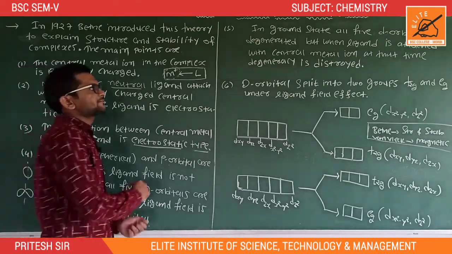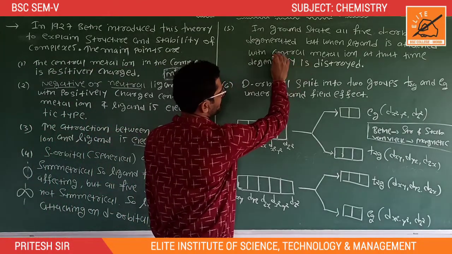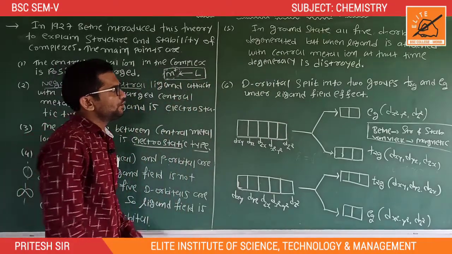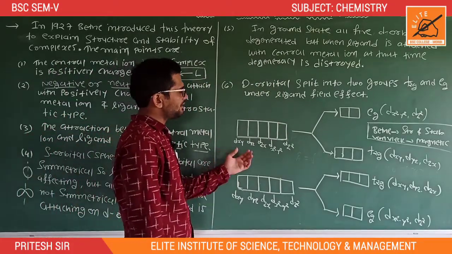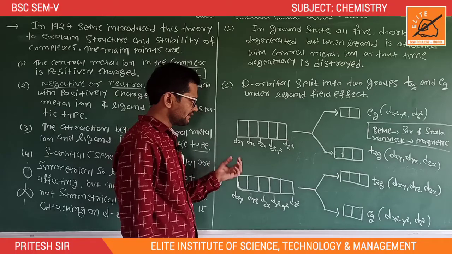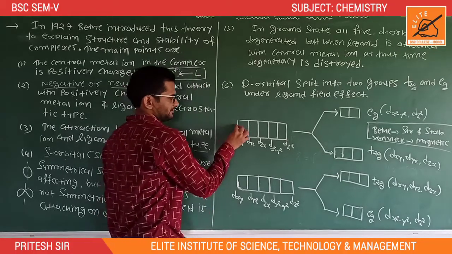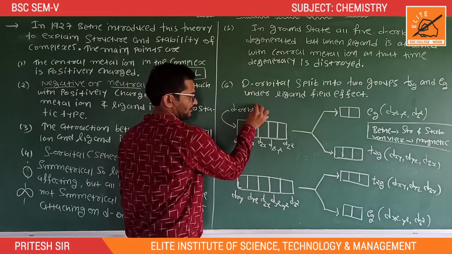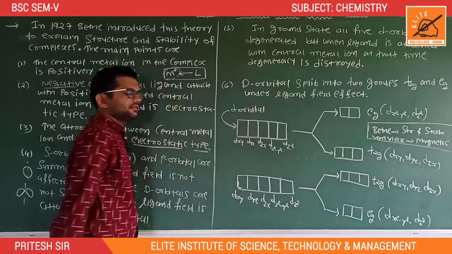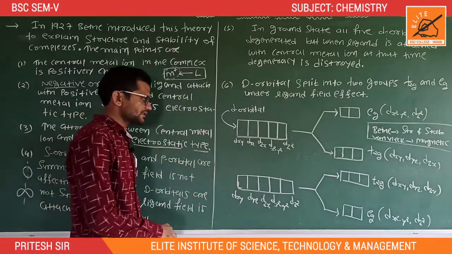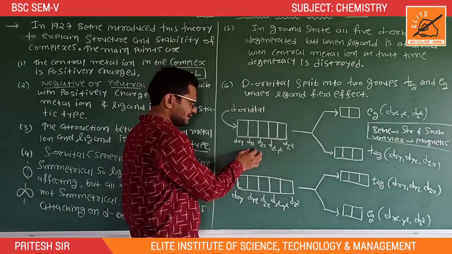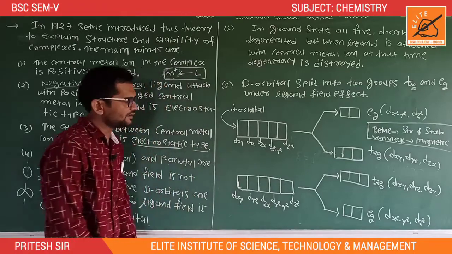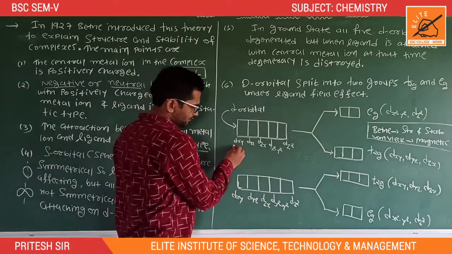And the fifth point is, in ground state all 5 d orbitals are degenerate. Degenerate means in ground state, this is the d orbital. The d orbital contains 5 suborbitals: dxy, dyz, dzx, d square minus y square and dz square. So in ground state all these 5